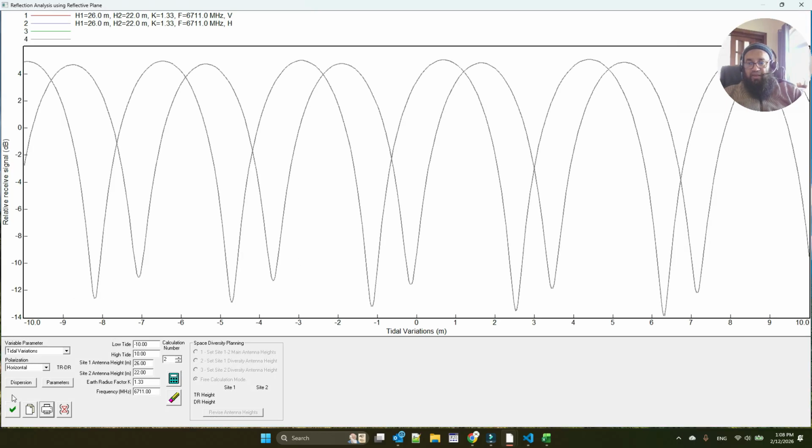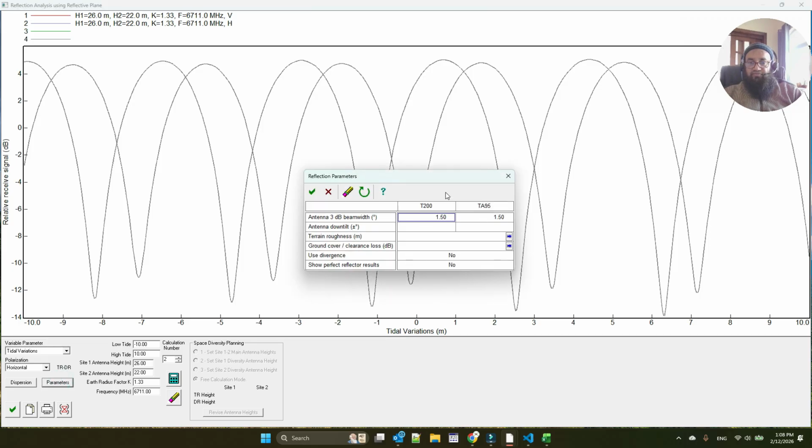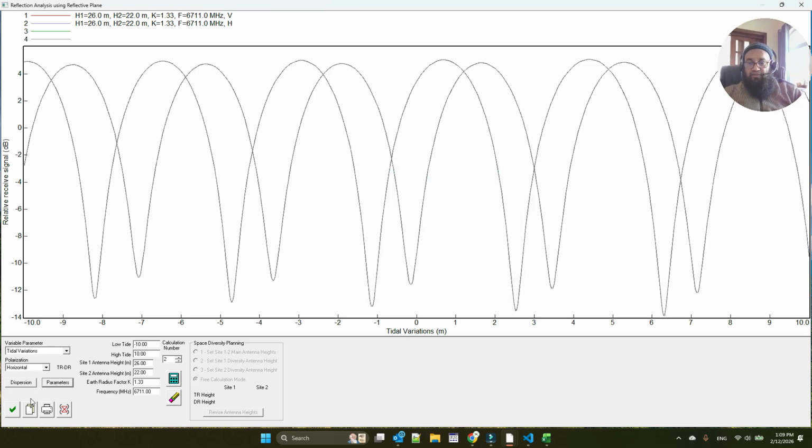And apart from this, you can use some different parameters if you know that your antenna beam width is a bit different, or if you're using any antenna down tilt for any reason, extra down tilt, then you can put these values here. And hopefully this should be a good option for you, and you should have got some idea of how the tidal waves are used in path loss, how you calculate these,